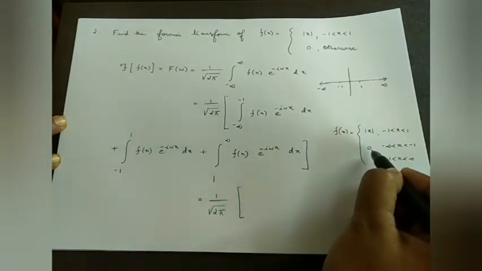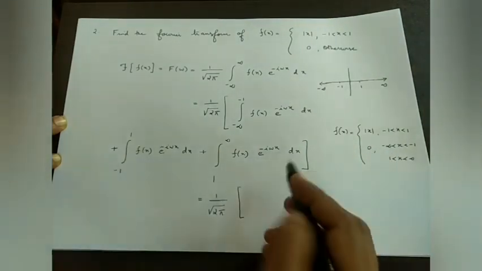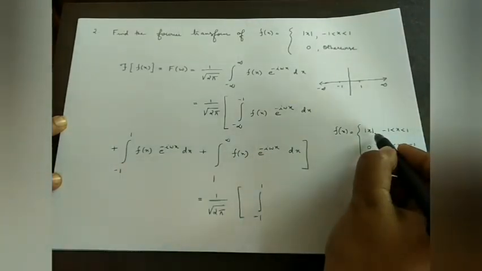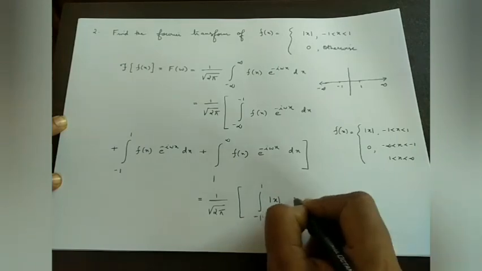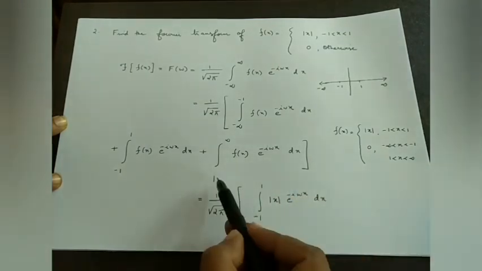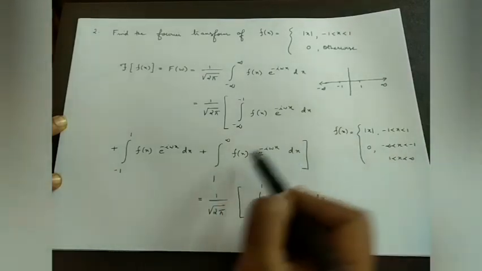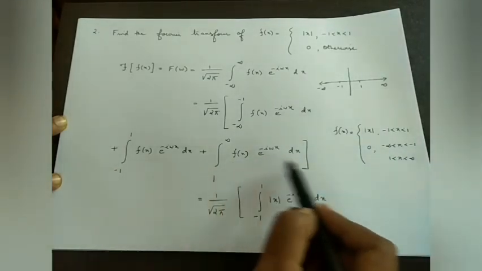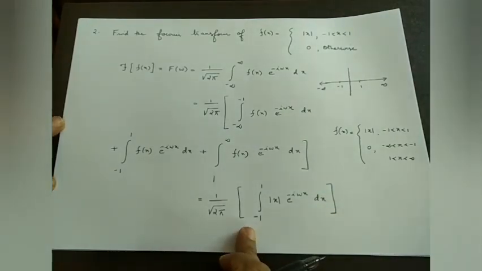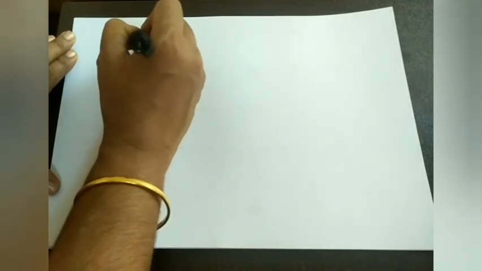It is understood. Now from minus 1 to 1, the value of the function is mod x. Therefore, mod x e raised to minus I omega x dx. Then from 1 to infinity, the value of the function is again 0. Therefore, I am not considering the third term also. I am considering only the second term, that is from minus 1 to 1, mod x e raised to minus I omega x dx, is equal to 1 by root 2 pi into